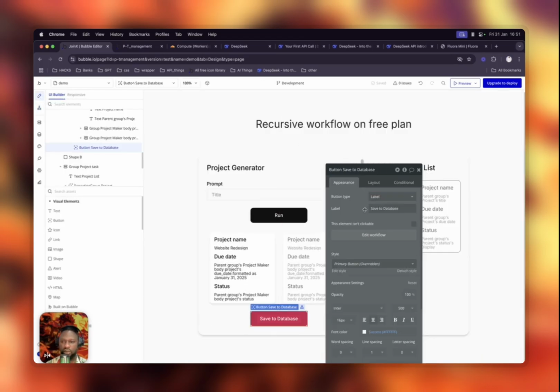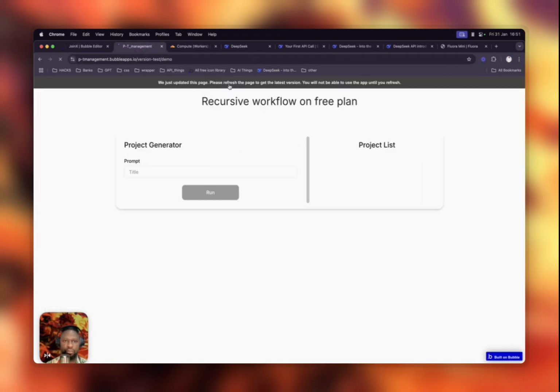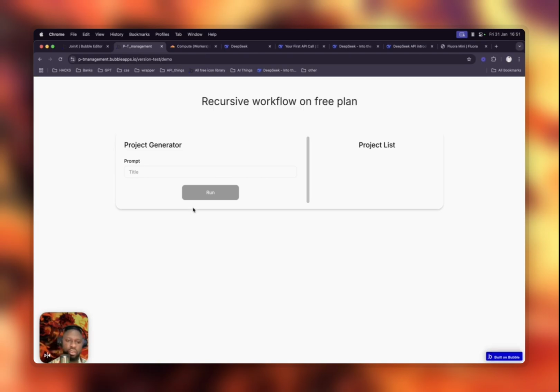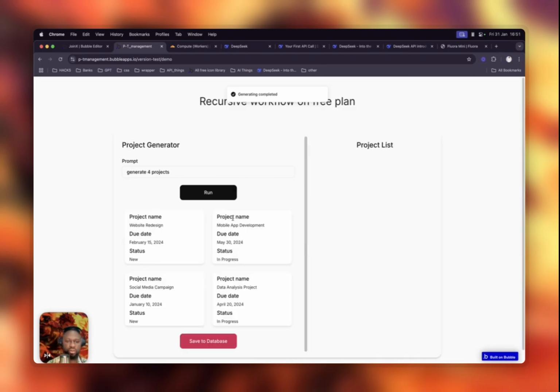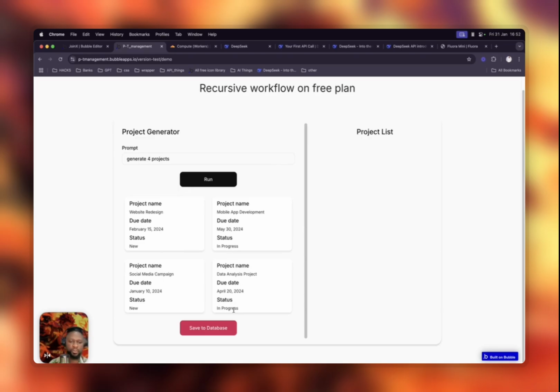I think everything is set. So here, first we are going to generate our prompt. So let us say generate 4 projects. So when I run this, generating projects, you can see we have project name is website redesign, due date, new, in progress, all this. So when I click on save to database,